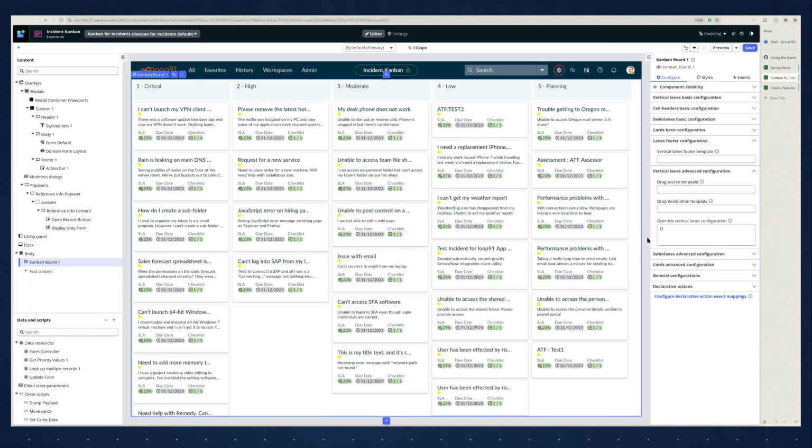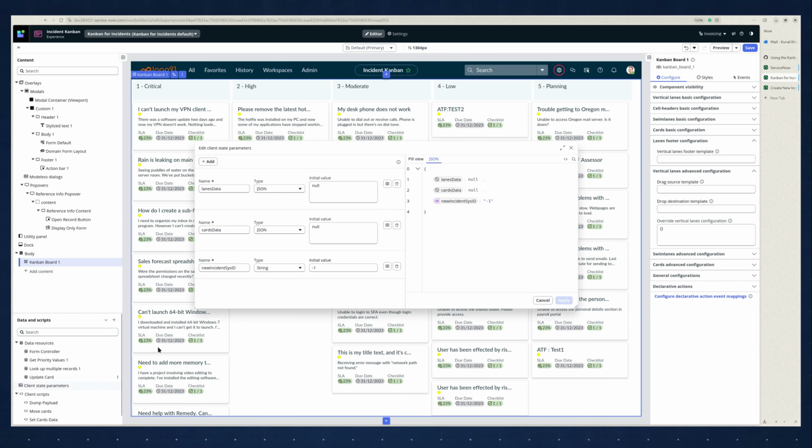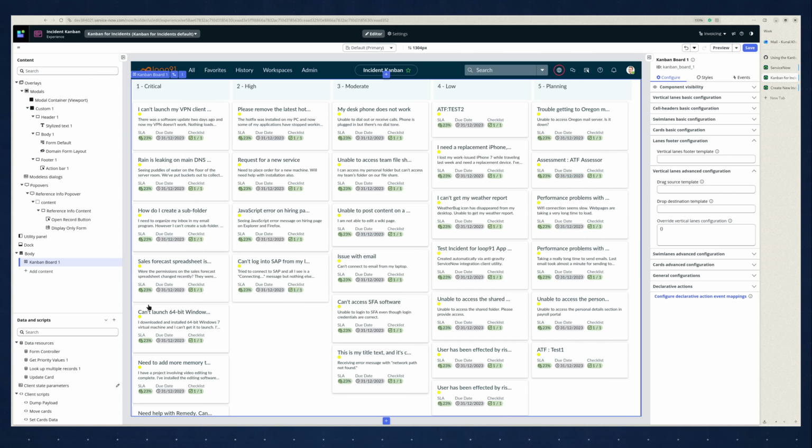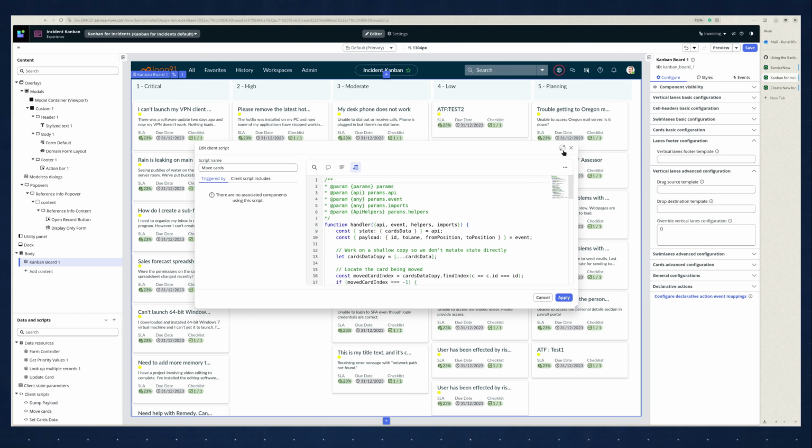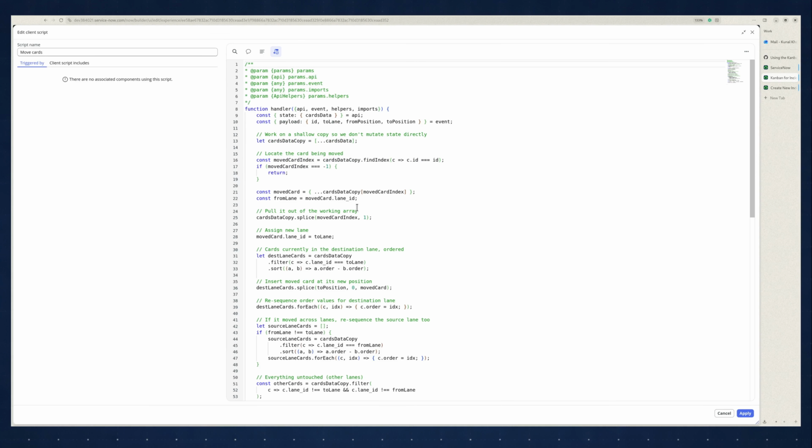To facilitate moving of cards between lanes, we would need a client script, and the client script will modify our client state parameters, cards data. So if you remember, cards data has a property called lane ID, and this is where we would do all the changes. I've already written this script here. Let me expand it. Whenever this event is triggered, you get a payload containing 4